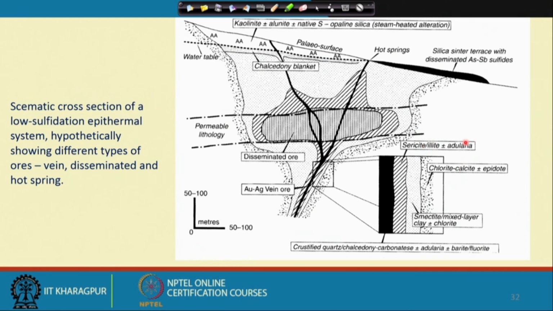And since these assemblages are stable at higher pH compared to the assemblages which have the alunite type of alteration minerals, in general they indicate that this system was operating with a fluid which was closer to higher pH, almost neutral, with stability of the potash feldspar,